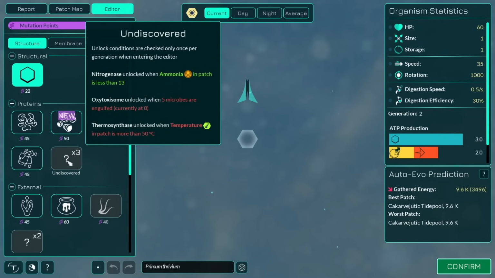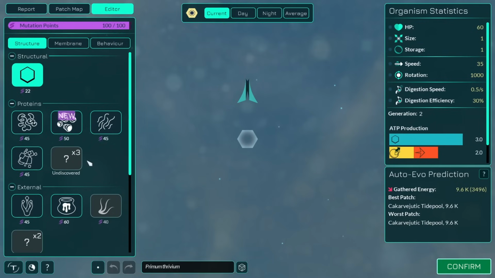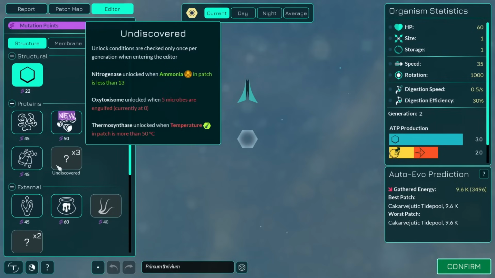So we have, for instance, nitrogenase unlocked when ammonia matches a thing, oxytoxosomes unlocked when 5 microbes are engulfed. That is eating, for those of you not familiar with microbial terminology. And